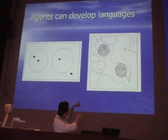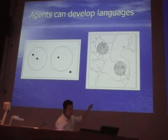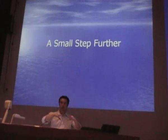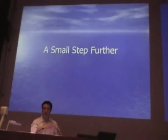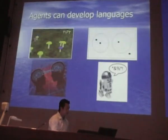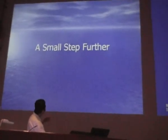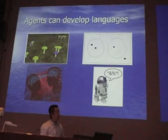They get closer and closer to being able to navigate and get into the circles. Alright, so that's where evolutionary language is at the moment. There's still a lot further we want to take it. Now, the step further up, in the mushroom world,